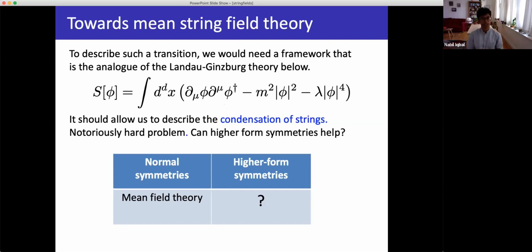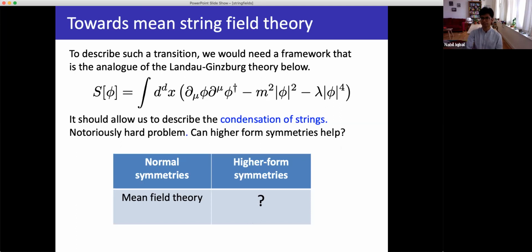So we need a non-perturbative formalism like that. We can't use a first quantized formalism for this. The point is, my goals are a little bit less high. I'm going to use these higher form symmetries. And unlike traditional string field theory, I'm not going to demand that my theory be UV complete. Instead, I'm going to just try to study transitions, low energy physics. And it turns out, given this slightly relaxed set of expectations, it is possible to build something.